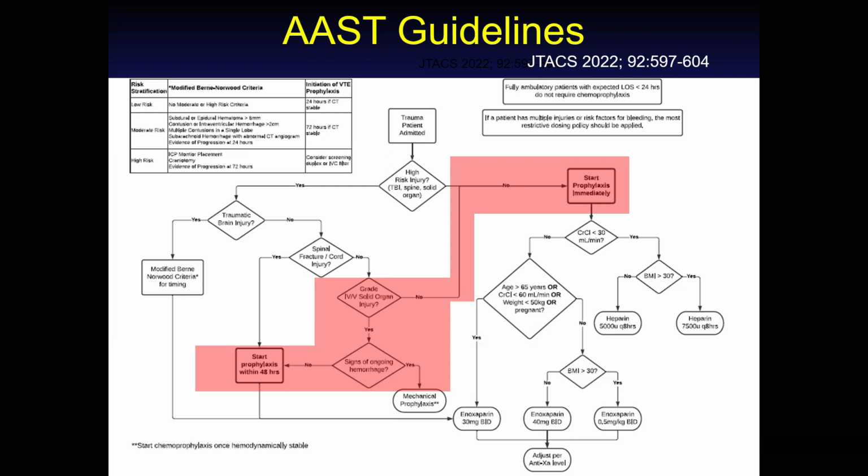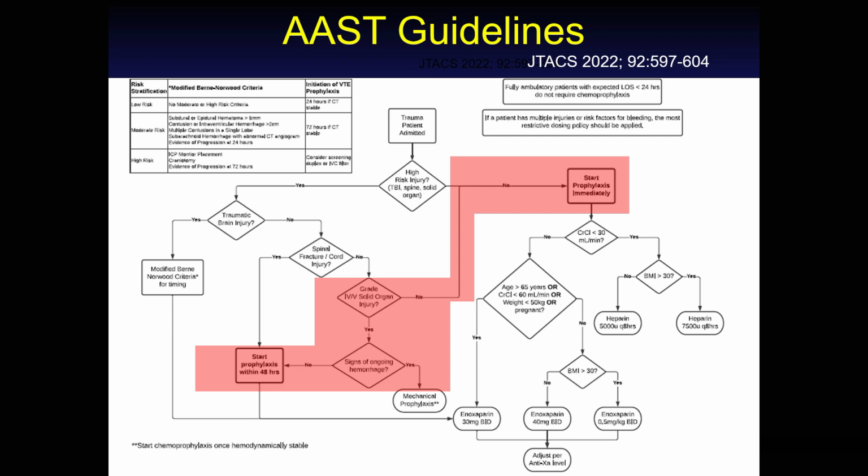Looking at this primary literature seems, to me at least, to make the guidelines appear a bit over-aggressive regarding early introduction of VTE chemical prophylaxis in the setting of solid organ injury, with the AAST recs calling for immediate prophylaxis of grade 1 through 3 lacerations, irrespective of the extent of bleeding. And I think it's important to remember that while injury grades help predict risk of bleeding on a population basis, they are not necessarily predictive in individual cases.